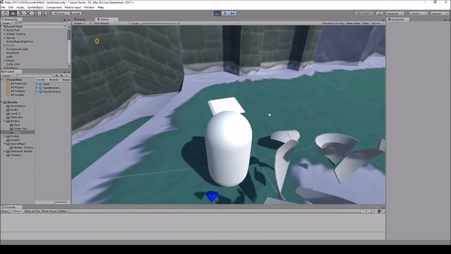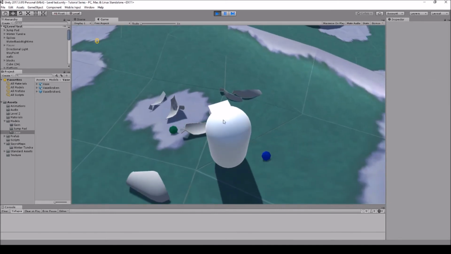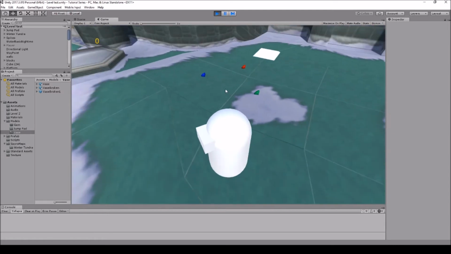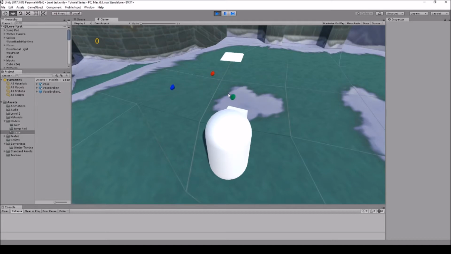So if I run into it, it breaks, it plays the audio, and the gems spill out. And then it deletes the broken pieces after 5 seconds, after the audio and everything played. And it's kind of that simple to break an object or create broken objects. It just takes time, how much time you want to actually put into how many pieces you want the object to break. I'm not sure, I didn't really watch the pieces when it broke, but these have rigid body